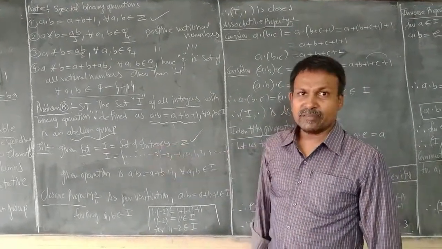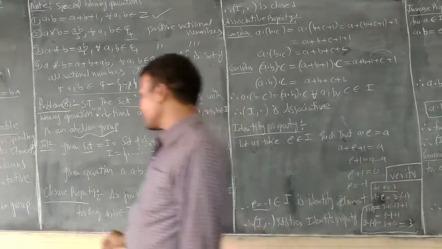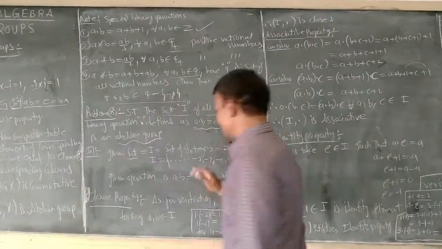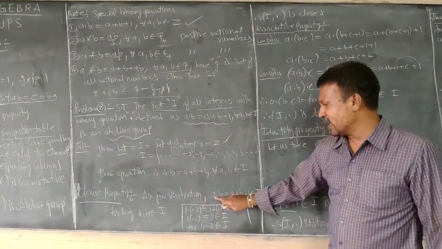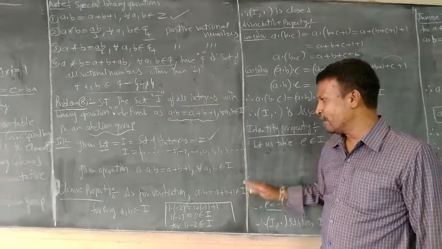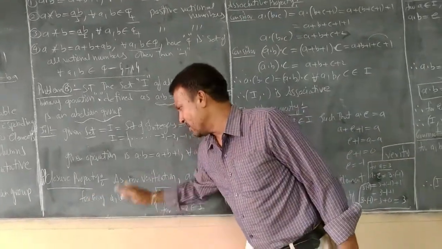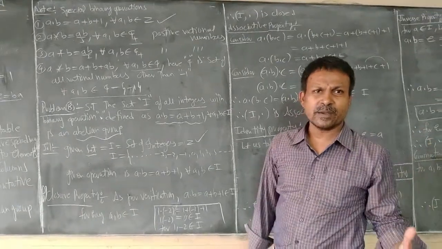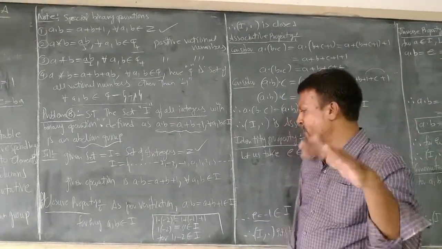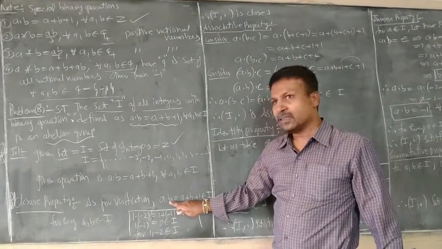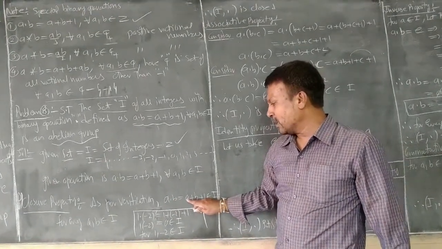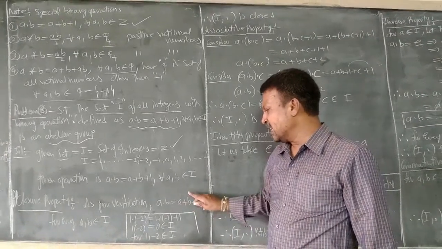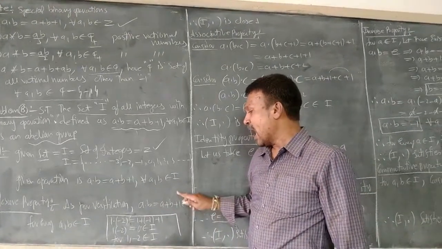If I go to the first property, the closure property, P1. Right. As per verification, I conclude directly that a dot b is equal to a plus b plus 1 belongs to I for every a comma b belongs to I. So what does this state? If I take any two integers and substitute in a dot b, that is, it should be operated by first integer plus second integer plus 1, the resultant value should again be an integer.